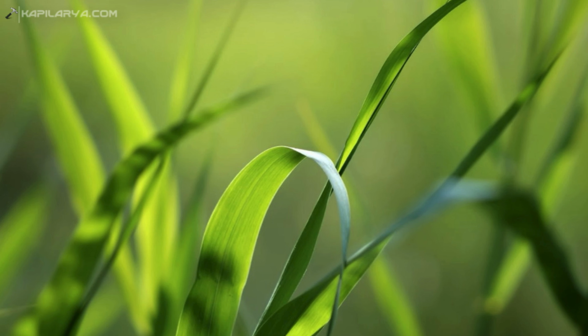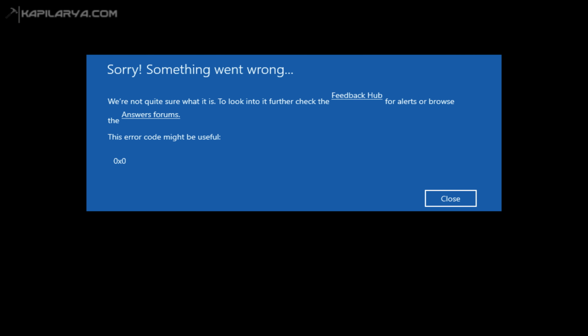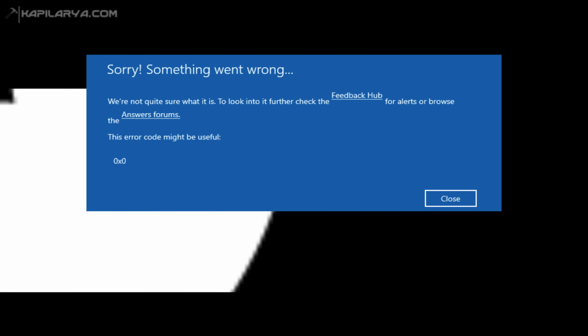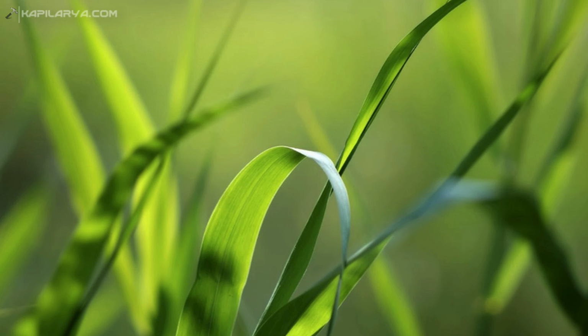However, while configuring this setting, sometimes you may receive this error, "Sorry, something went wrong," and there is an error code mentioned 0x0, and due to this error you may not be able to join Windows Insider program on your Windows 10 and hence you cannot receive the preview build you want. But there is nothing to worry about and you can easily fix this problem using the solution I will share with you next here.